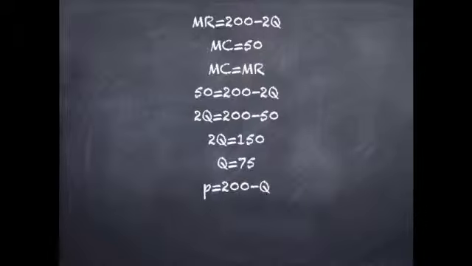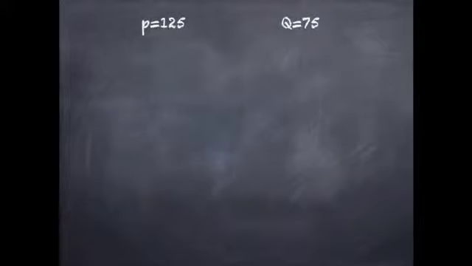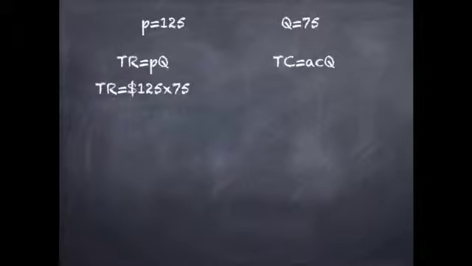We had our inverse demand function, where P is equal to 200 minus Q. We know what Q is. We can place that into the inverse demand function. We get P is equal to 200 minus 75, and the price is equal to 125. So we know price and quantity, so we can calculate total revenue and total cost. Total revenue is going to be P times Q. So we take P and Q and multiply them together, and total revenue is going to be equal to